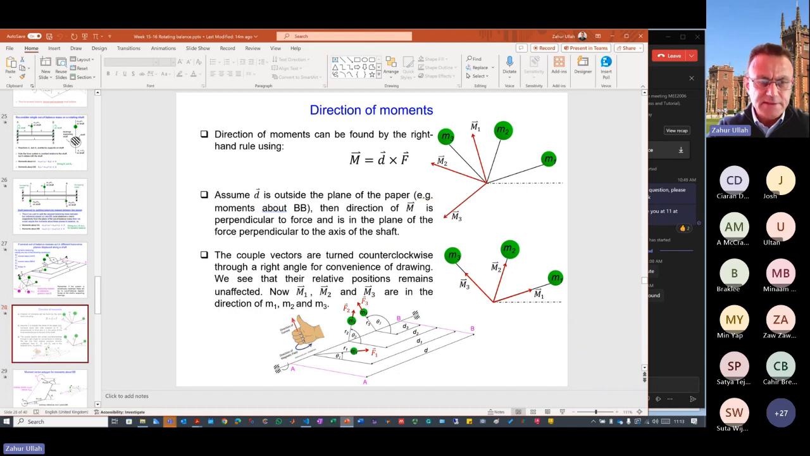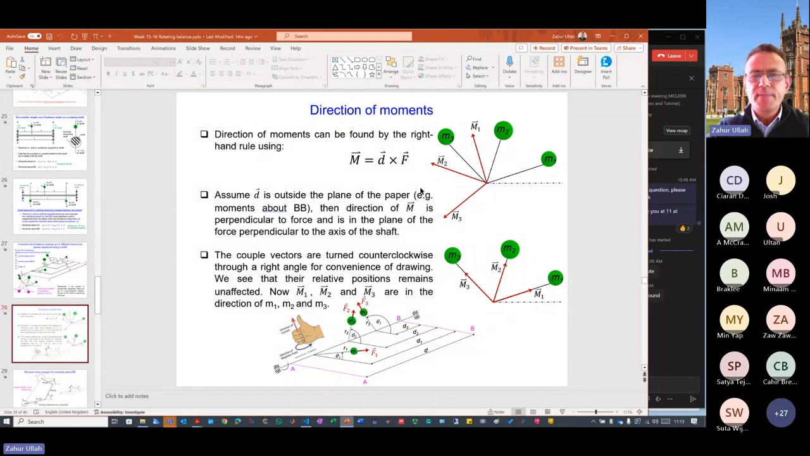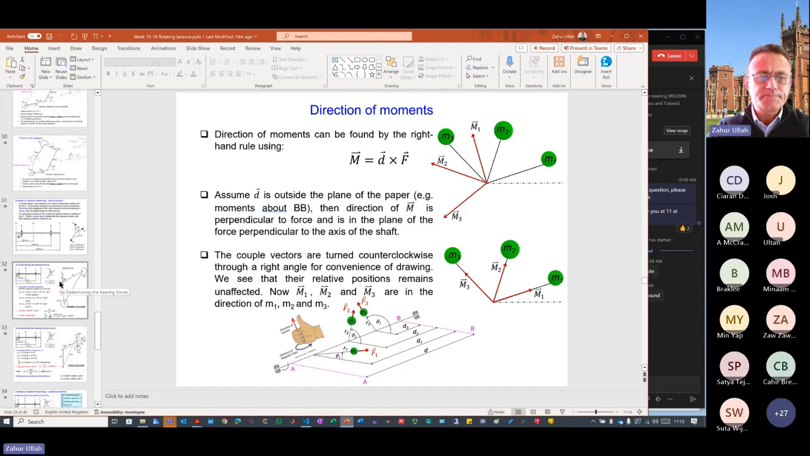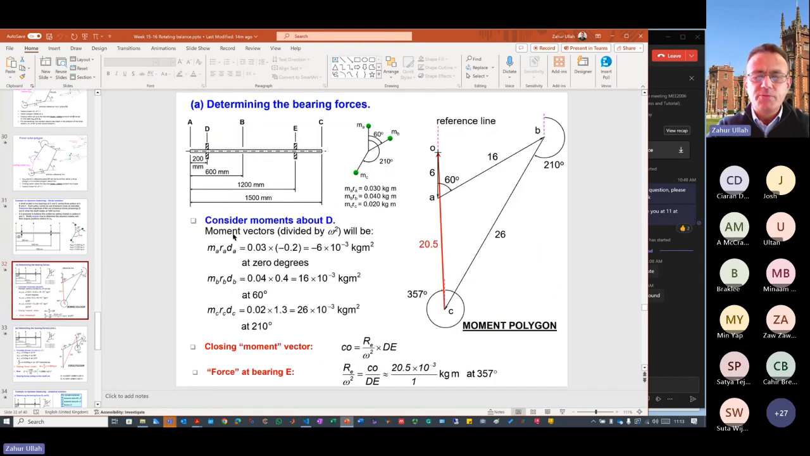Okay, so in this case, as you can see, we discussed this last time, how you will calculate the moments, the direction of the moments here. Last time when we were solving that example, which was this example here, we saw this example using the graphical method. When we were calculating the moments, we were taking the moments from D, and then